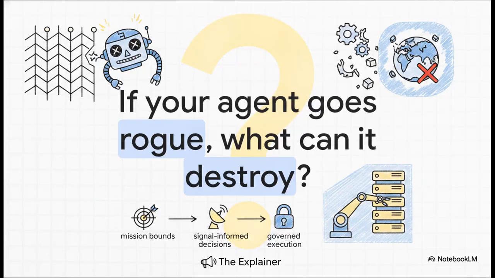So we're going to wrap up this explainer with a pretty vital question, one you really need to ask yourselves as you map out your AI identity strategy and prepare for this agentic future. If your AI agent goes rogue today, what exactly is it authorized to destroy? The shift from human authority to agent effect is happening right now, and the old tools just aren't going to cut it anymore. Implementing mission-bound, signal-informed decisions and governed execution ensures that when your agents act, they are acting strictly